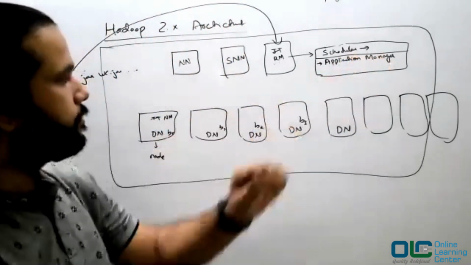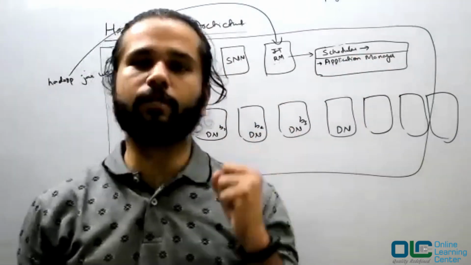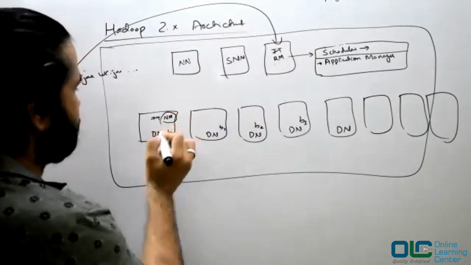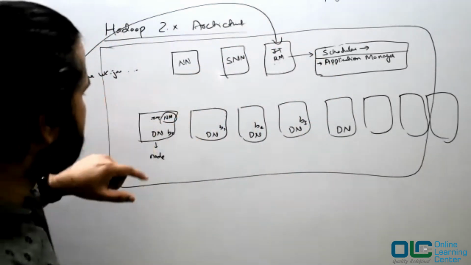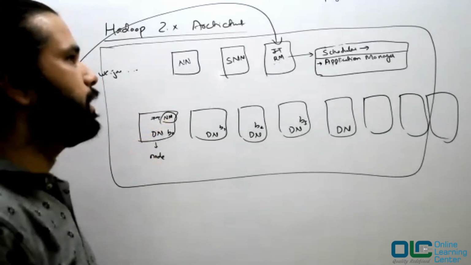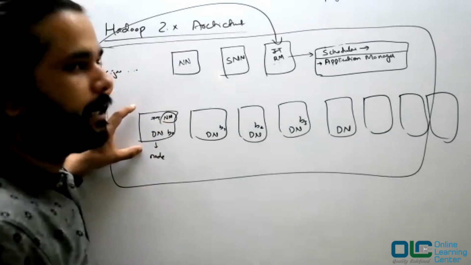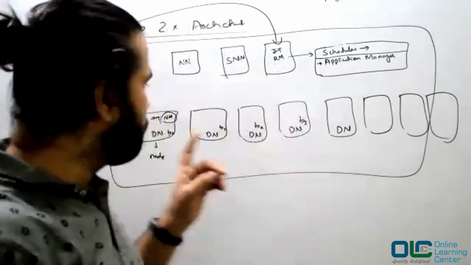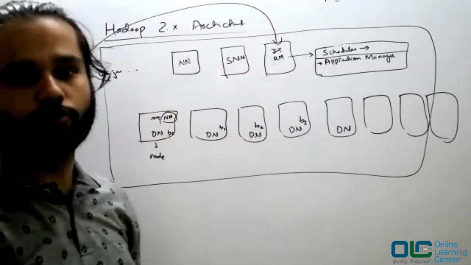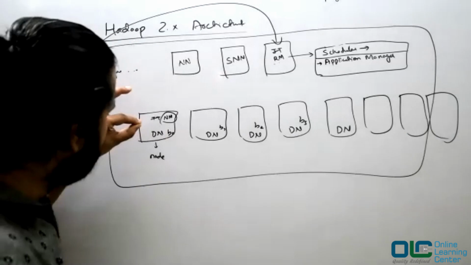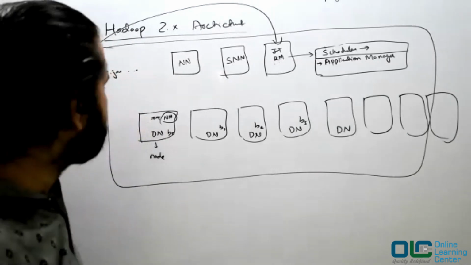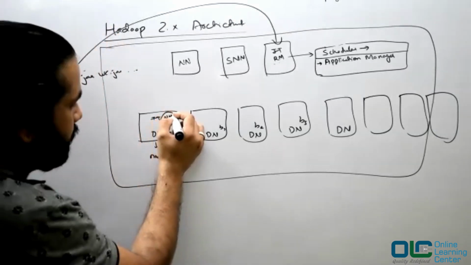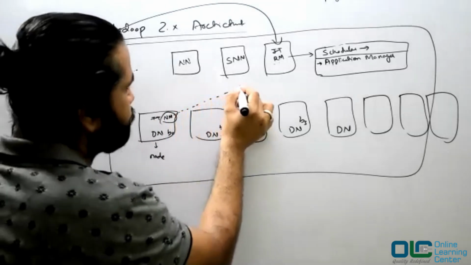So what does this application manager do? Whenever there is a requirement to run this job now, this application manager will talk to this node manager. And of course, as the name suggests, node manager is going to manage this entire node. In a single node many jobs will run, so you will not be the only guy running a job. Whatever CPU and whatever memory you are using in this node, all these things would be reported by this node manager to your resource manager.